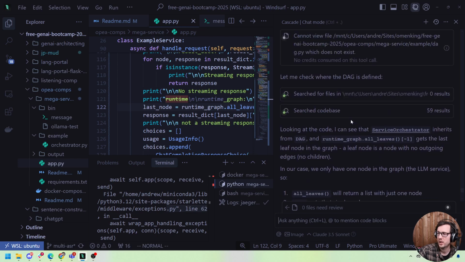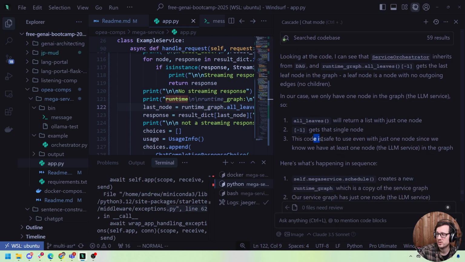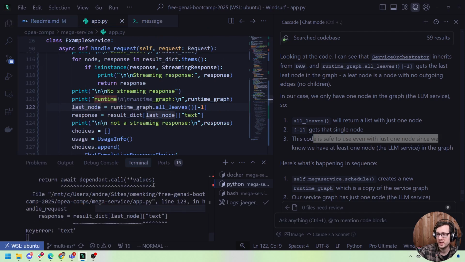So it says here, inherits from DAG. Runtime gets the last leaf node in the graph. A leaf node is a node with no outgoing edges, no children. In our case, we only have one node in the graph, so all leaves will return just one node. Negative one gets the single node. This code is safe to use even when the graph is like this. Okay, but if that was the case,